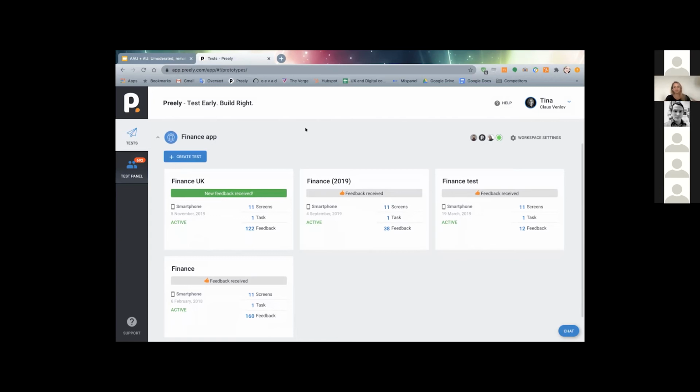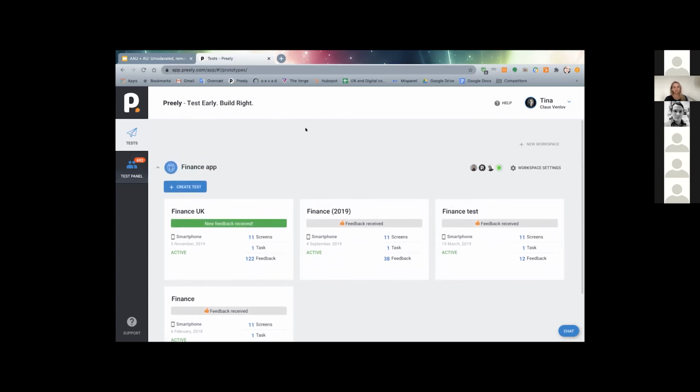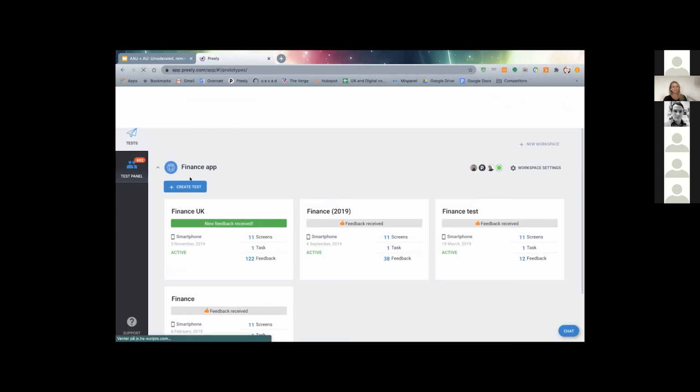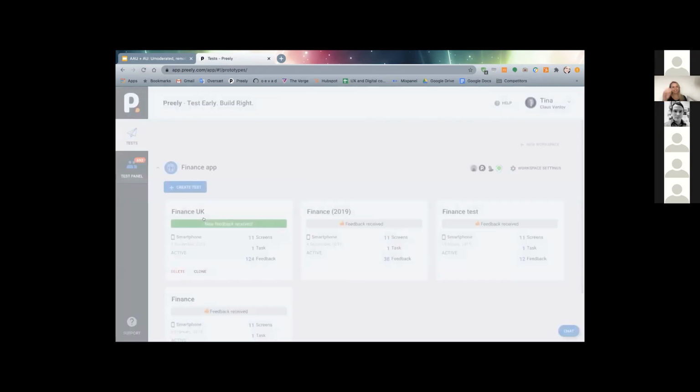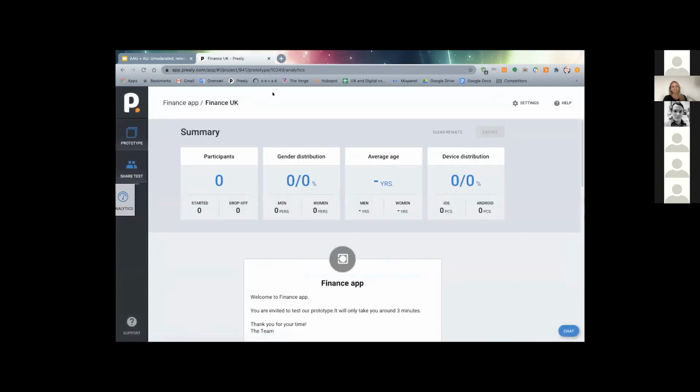So now we're in Preely, and what you see now is the desktop. You see I have different tests in here in our space. The test you participated in is this one, where we have the new feedback. You can see that there are 11 screens in the test. We have one task, and we can see 124 participants. Then we go in, and here you have the summary, and you can see 132 people